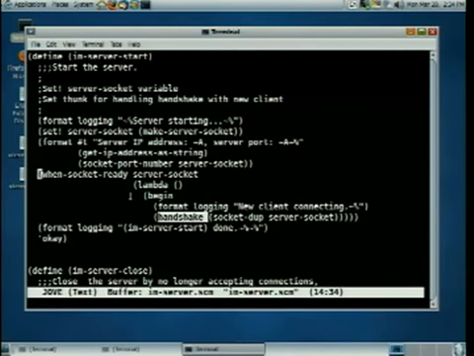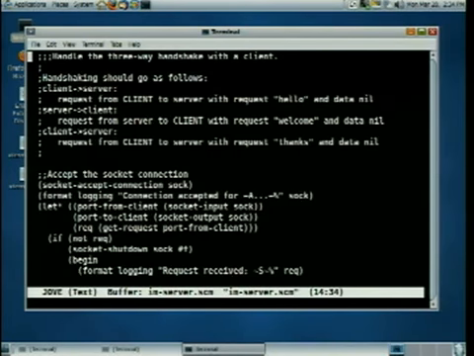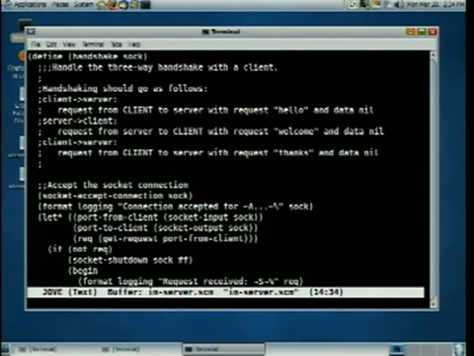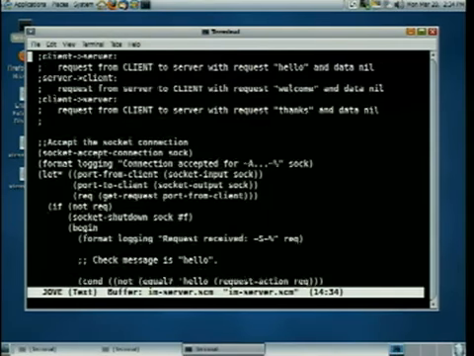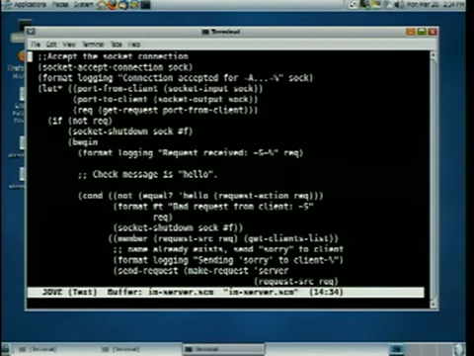All right, so let's find handshake. Here it is. It has a lot of comments, which I'm going to skip over. What we're about to do, the procedure is called handshake because what it's about to do is something called a three-way handshake. I send a message from the server to the client. Then the client sends a message to the server. Nope, I have it backwards. The client sends a message to the server. Server sends a message back to the client. Client sends another message back to the server.